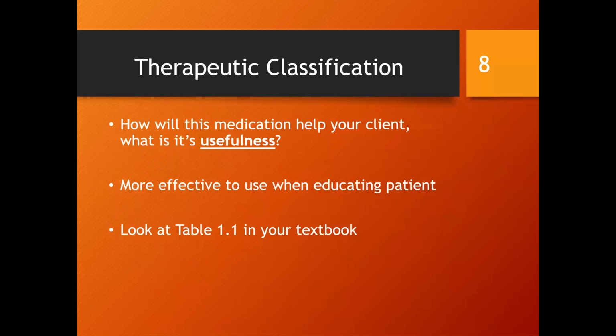So for example, if you're starting a blood pressure medication, you won't just walk the patient into a room and tell the patient, this is metoprolol. It's a beta blocker. It's blocking beta 1 and thus preventing your blood pressure from increasing. No, you wouldn't say that, right? You would say, hi, my name's Justine. This is metoprolol. It's an antihypertensive, meaning that it will prevent high blood pressure from occurring. And we aren't going to go into major detail on how it's going to work. We're going to kind of give them the quick and dirty, and we're also not going to use a whole bunch of medical jargon when we tell our patients this, because